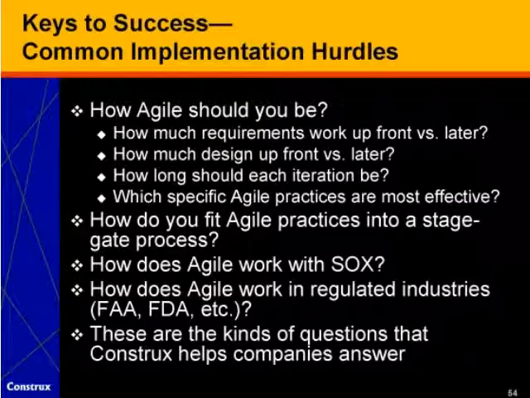Common hurdles that we've seen organizations struggle with from time to time are how Agile should you be. A big hurdle is how much requirements work should you do up front versus later. In naive adoptions of Agile practices, we'll see organizations that really need predictability and that value predictability embrace Agile practices that allocate requirements work to their iterations rather than doing it up front. This can end up being a very bad match for the business needs of the organization and can end up leaving a business with a bad taste in its mouth about Agile or Scrum or extreme programming, really unnecessarily.